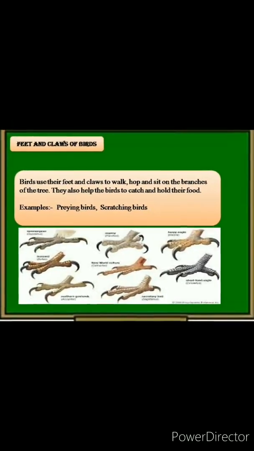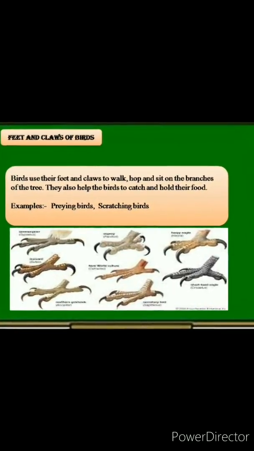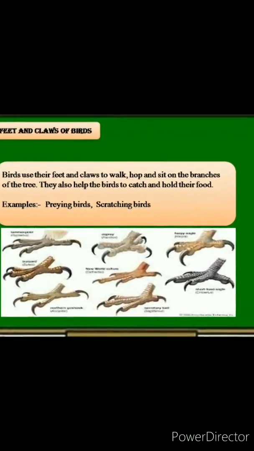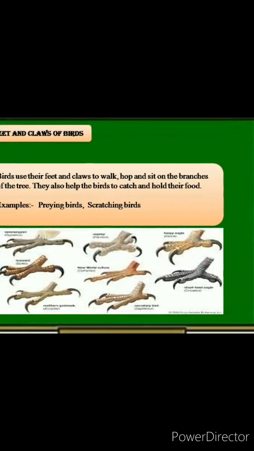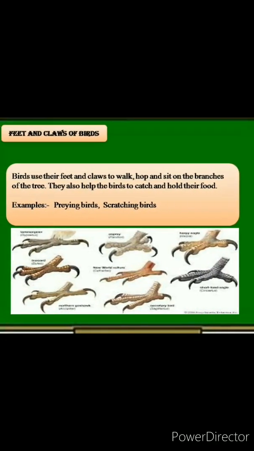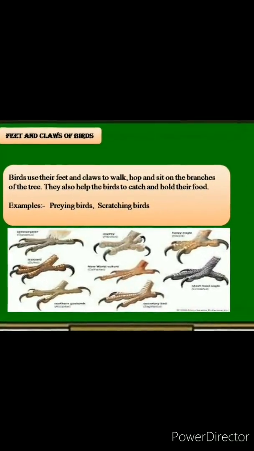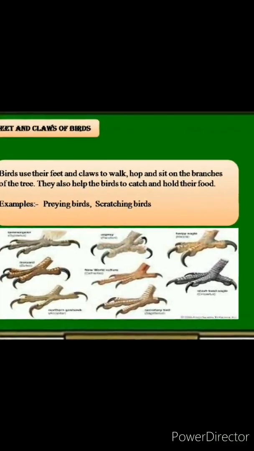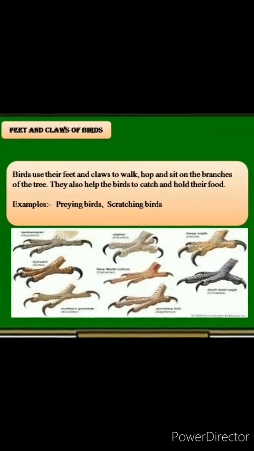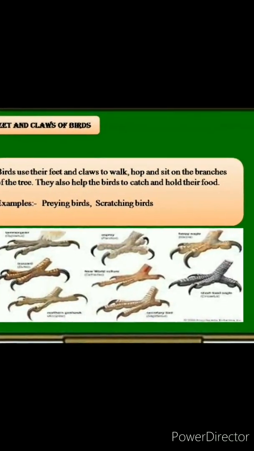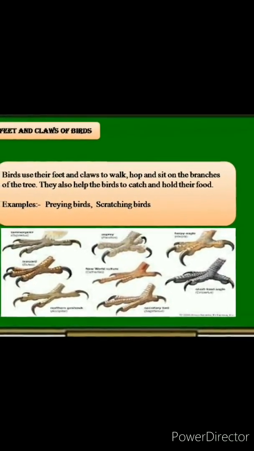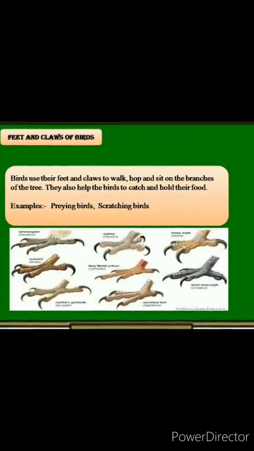Birds like vultures and eagles are called birds of prey. They have sharp claws with curved nails called talons. It helps them to hold their prey while flying, and also to kill and tear the flesh of animals.